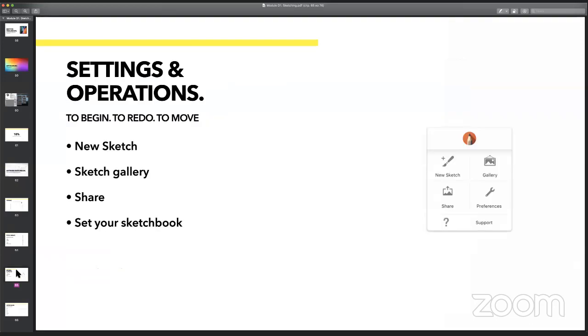The next is the settings and the operations while creating new sketch. So on the top side of your sketchbook of this application,